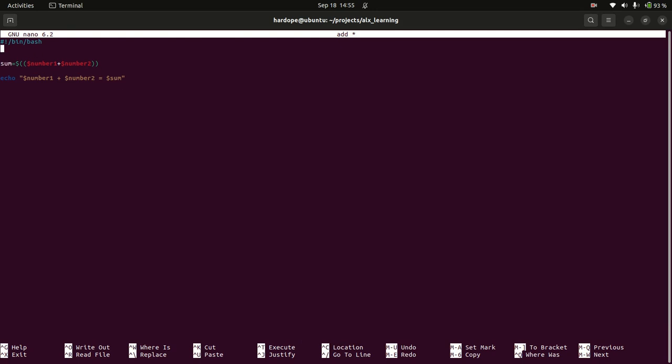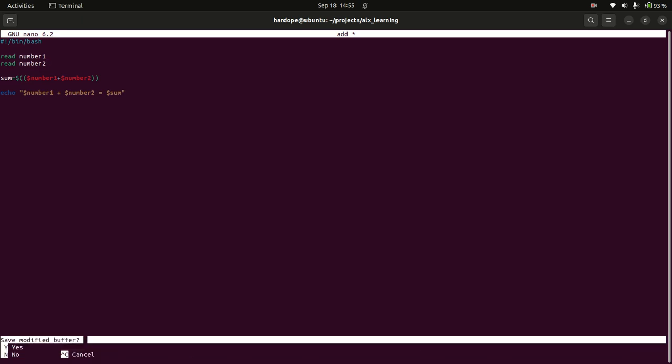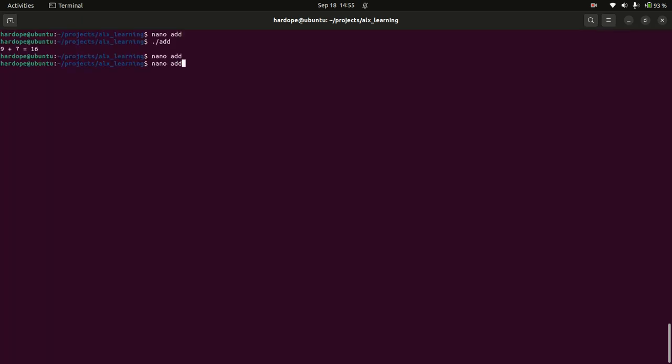So now to get user input in shell script, use the read command. Now let's say read, and then the name of the variable that you want to store the value inside of it. So let's say number 1, and then read number 2. Now when I exit and save, when I run the script, you can see it's not showing anything,